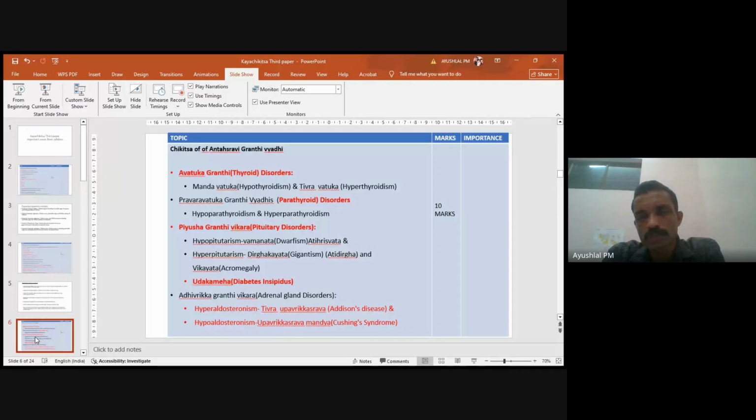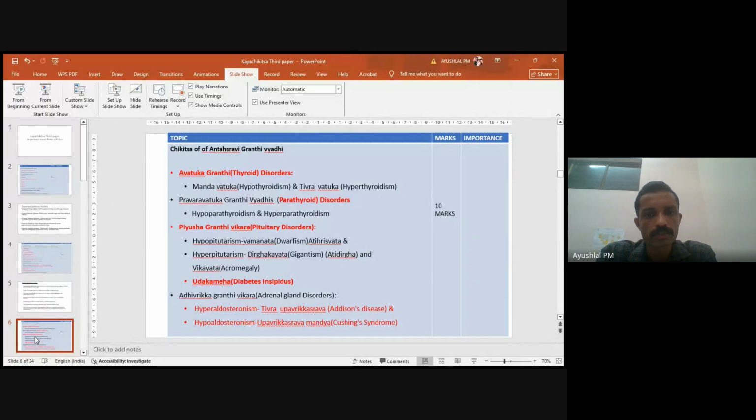So here you cannot write too much. If hypothyroidism or hyperthyroidism is asked, you cannot write too much of Ayurvedic or classic references. You should write the modern portions. And after writing modern concepts or disease related things, you can mention how it is understood in Ayurveda. You can see that most of the hypothyroidism conditions are related with the Rasavaha Srotodushti vikaras. Direct involvement of Rasavaha Srotas is there. So all the Rasavaha Srotodushti lakshanas are available in